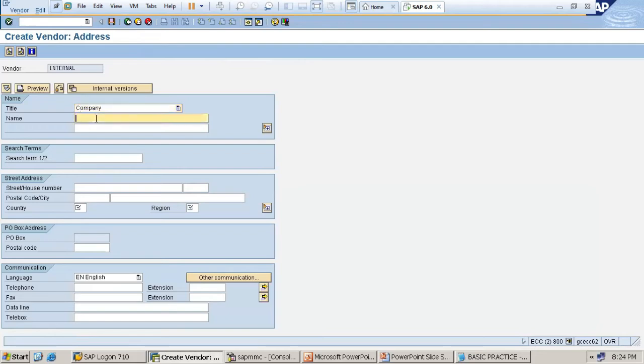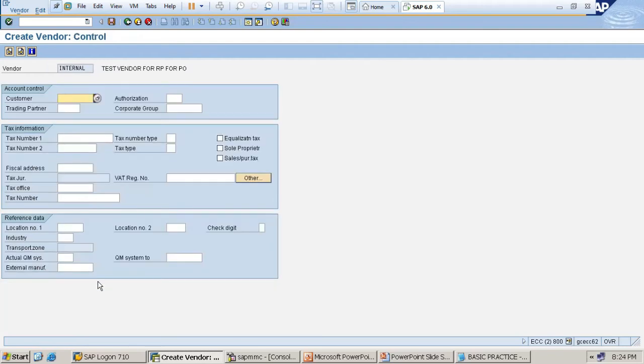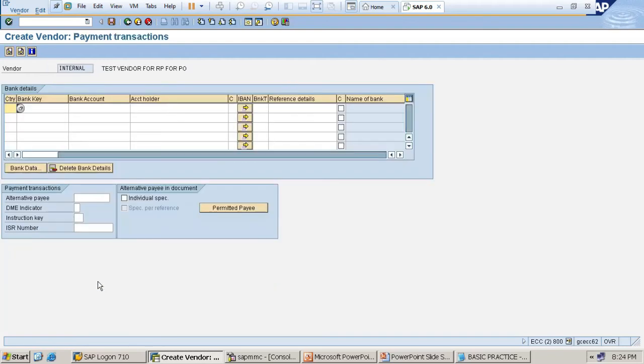Then company code, vendor for RP or PO. Then country India, region is which state. Language English. Enter. Enter. Enter.